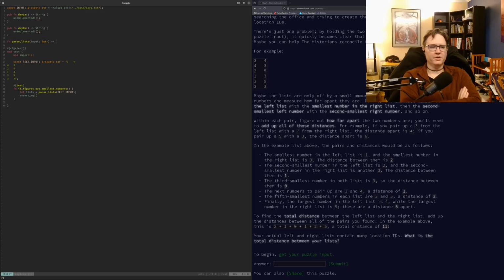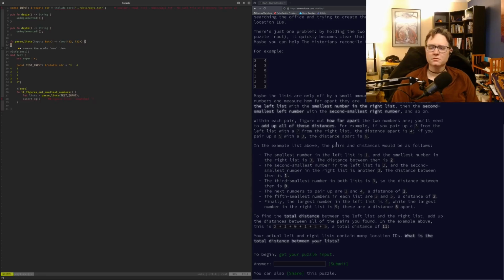Now, what do we want to do here? I think what I want to do is just return two separate lists, or make it really simple. I don't know whether the numbers can be negative, so I'll make them a couple of i32s. Actually, we can see whether the numbers are going to be negative.